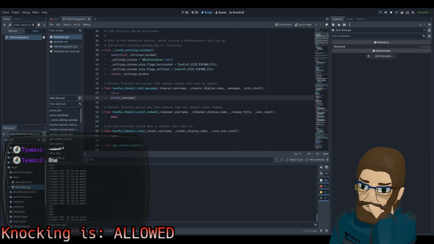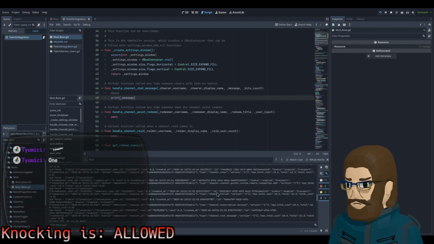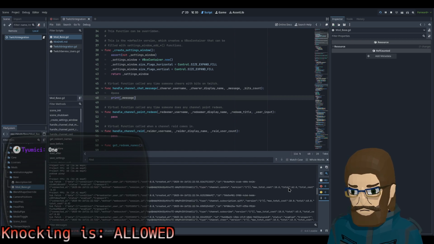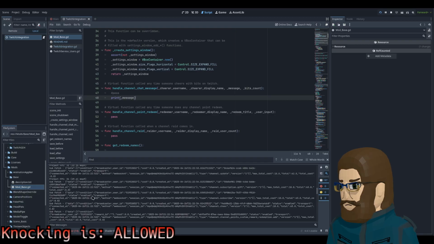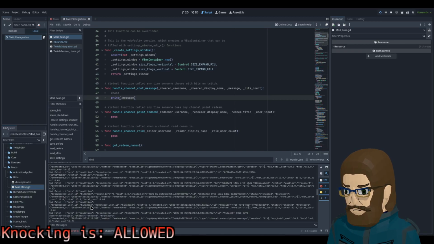Do I have 4 connections open? Wait, is that 5? No, that's 4. What happened here? WebSocket session ID, max total of 10, total cost.